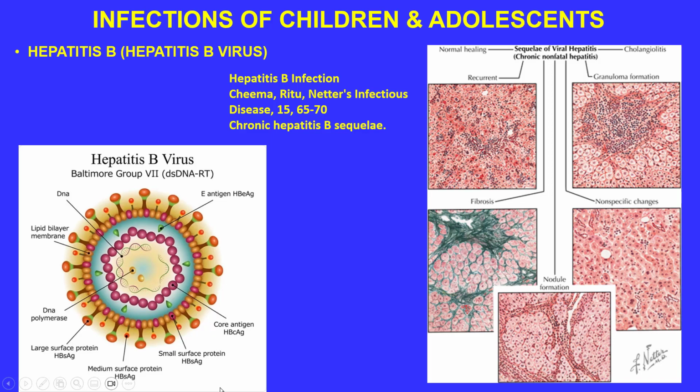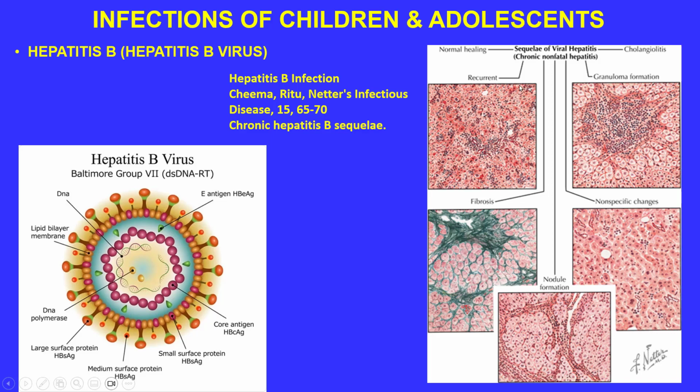Okay? You have also surface proteins, and these surface proteins can act as antigens. Also, you're going to have several copies of DNA polymerase, because what you have here is DNA. You need to be able to replicate the genome once it's infected cells. If you look here, you have the hepatitis B infection, basically the